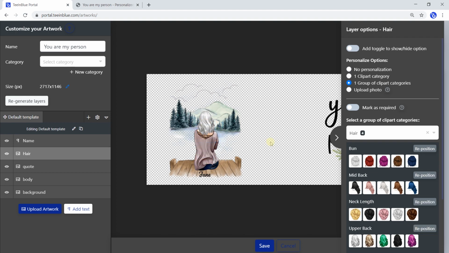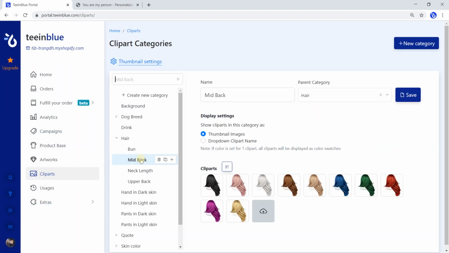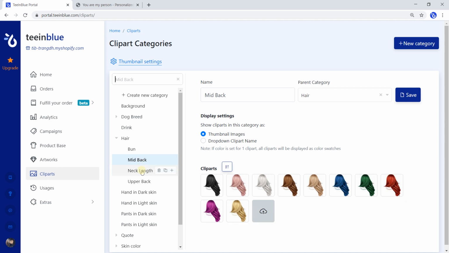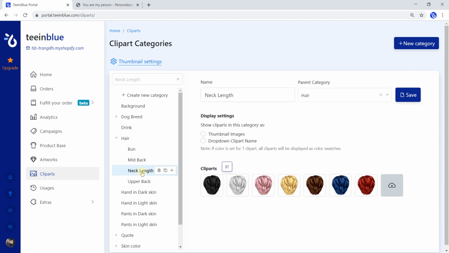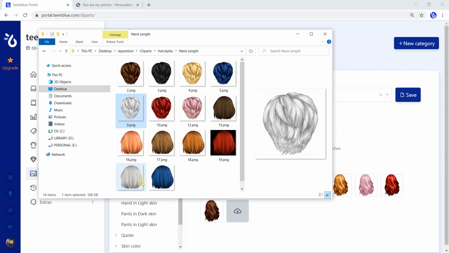Still, this reposition feature has some disadvantages. First, all clip arts within a category must have the same size and position. T&Blue doesn't allow repositioning each clip art in a category, because it's very time-consuming to adjust every clip art whenever creating an artwork. But if a category has different clip arts, the reposition feature might not work as we